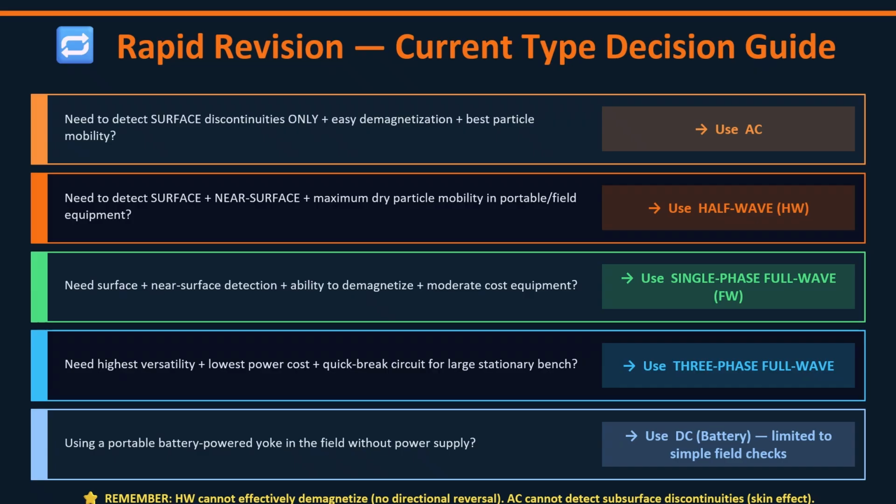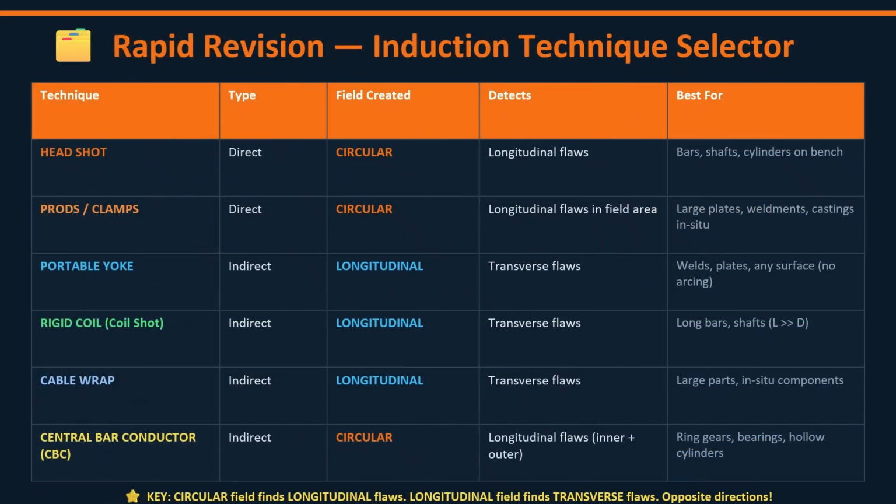Use the current type to solve those problems, not as an isolated piece of equipment knowledge. The induction selector brings the field direction principle together with the equipment. A headshot is a direct technique and produces a circular field, making it suitable for longitudinal flaws in bars, shafts, and similar components. Prods and clamps also create circular magnetization in the area between the contacts, but they carry the